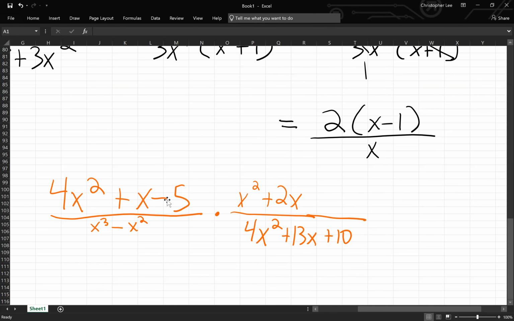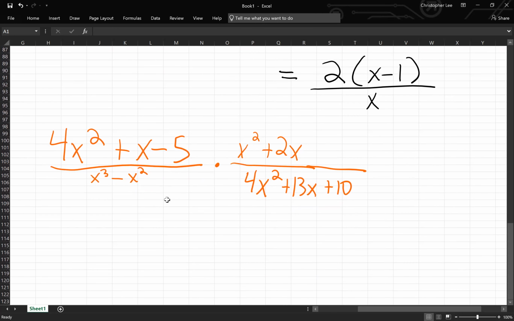All right, this is not bad. All you have to do here is factor each one and cross out the like terms. So 4x squared plus x minus 5, what do we think that is? It could be either or. Let's do the AC method on that one. A times C is 4 times negative 5, so that's negative 20. And my B term